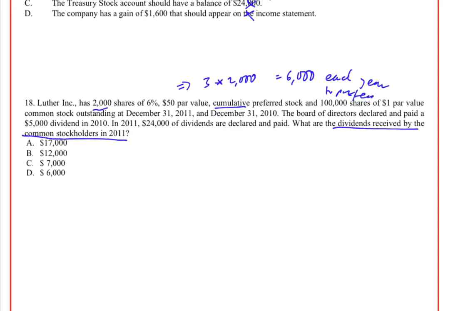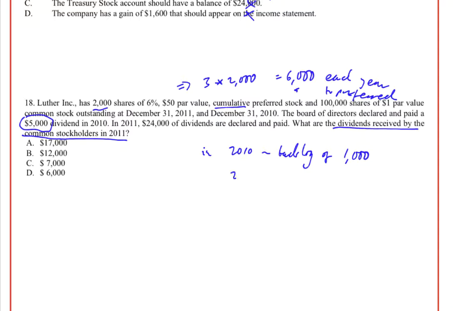Okay. And they were outstanding at 11, they were outstanding at 10. The board of directors declared and paid a $5,000 dividend in 2010. Okay, but there's going to be a backlog. Of that 5,000, that partially covers the 6,000 of the preferreds, but in 2010 there's this backlog left over of 1,000, the shortfall of the 6,000 that the preferred shareholders are entitled to,